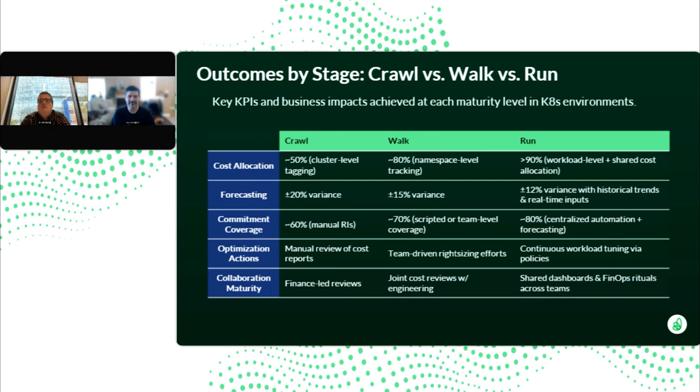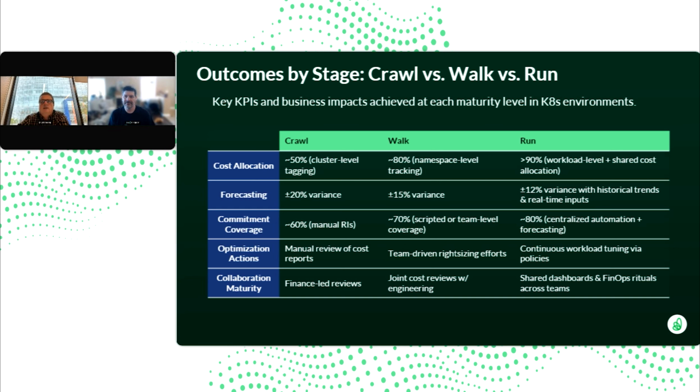And the optimization actions as you move from crawl to walk. In the walk phase, you've got teams looking at these right sizing, right? It may just be at the crawl phase where everything's done manually. People are all doing things individually, but there's no cross-team collaboration. Maybe finance is the one that's kind of driving the ship at the crawl level, but now at the walk phase, you've got cross-functional teams, which is what FinOps is all about. You've got finance meeting with the engineering folks,